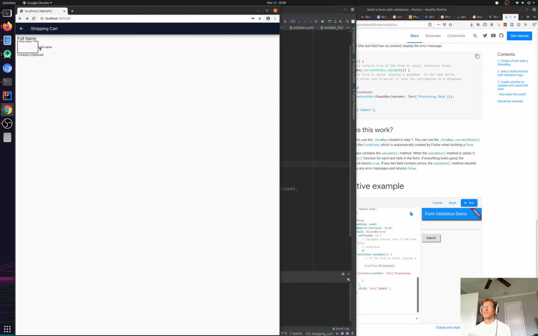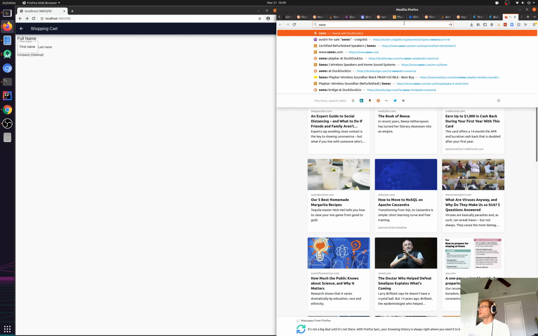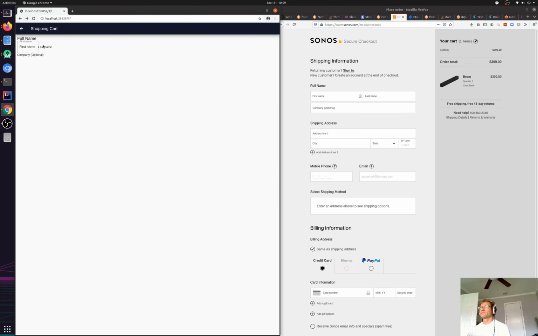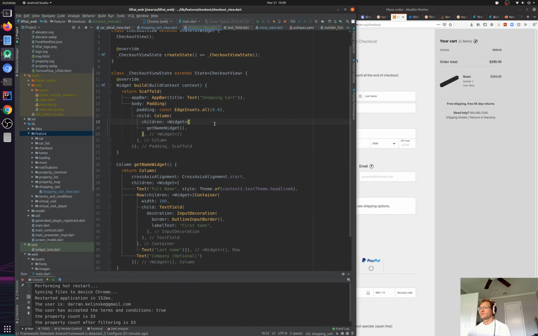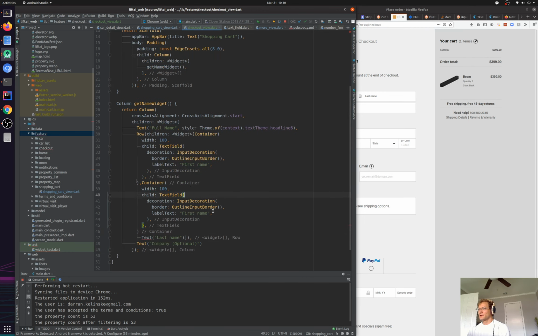Okay, so there we've got our first name, and we can go first name. Now what we probably will do is not hard code this to 100 in the actual implementation, but for the sake of this live tutorial we will. So now that we've got basically this working instance, let's copy this container code, and over here we're going to